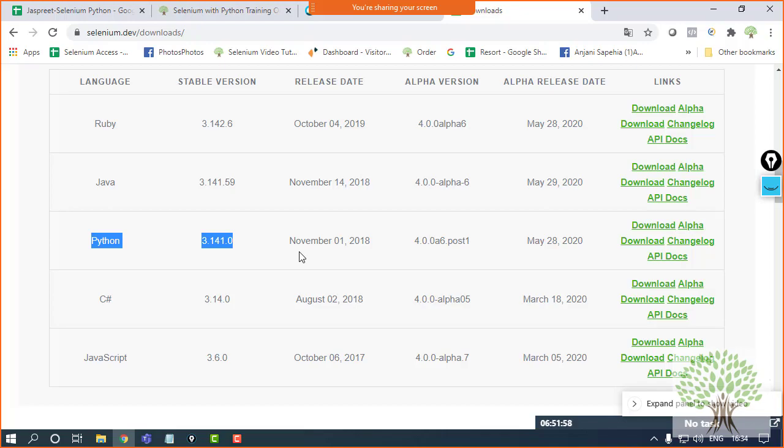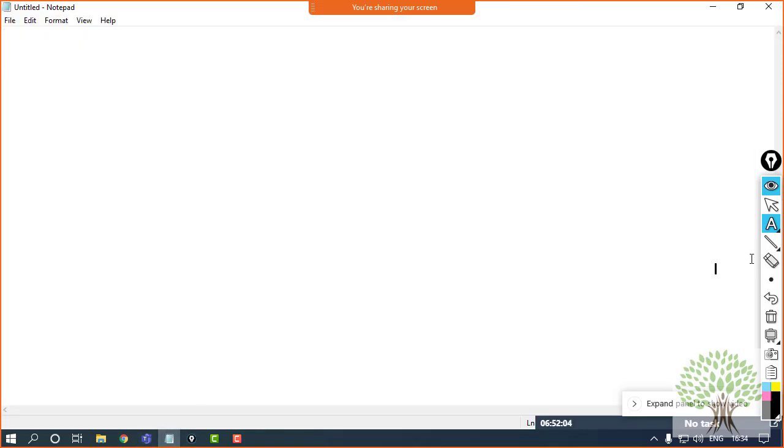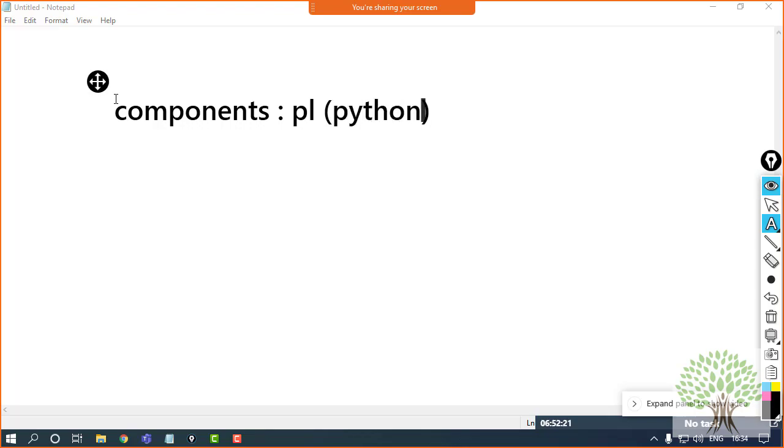Okay. And to work with this particular course, there are some components that we need to study. The first component that we need to know is the programming language, which in our case is Python. So firstly, we'll see how to get Python onto our system, what some of the basics are, and if you are not aware of the basics, where you can get them practiced. And the second component that you need to learn is Selenium itself, which will be going parallelly.